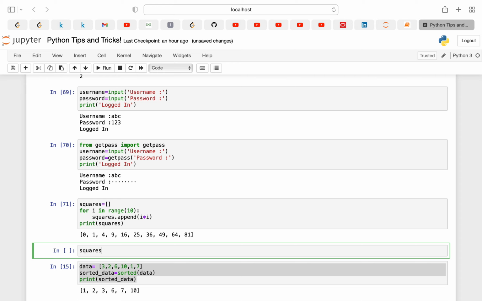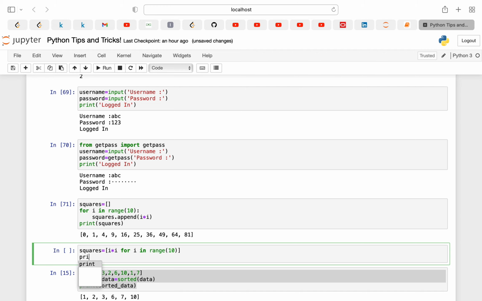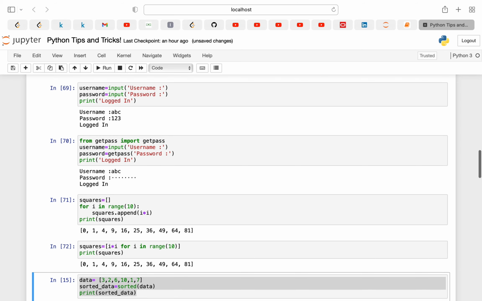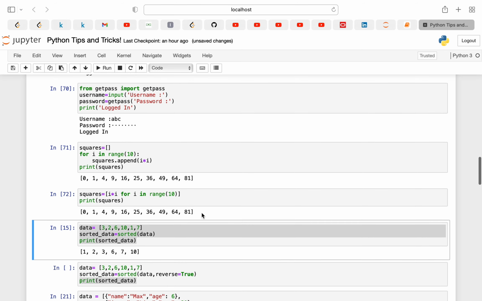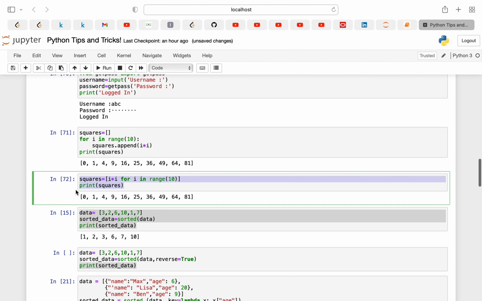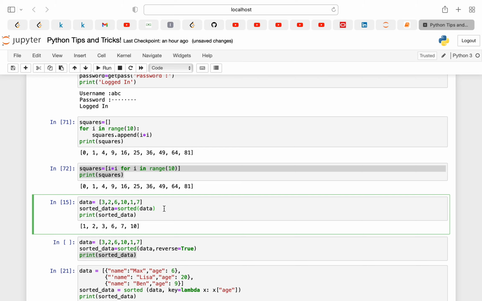I'll declare squares equal to i asterisk i for i in range, and I need to pass 10, and I can print my squares. As you can see, this also showed me the same result. But there we declared one array and kept on appending the value, whereas here you can do this with ease.